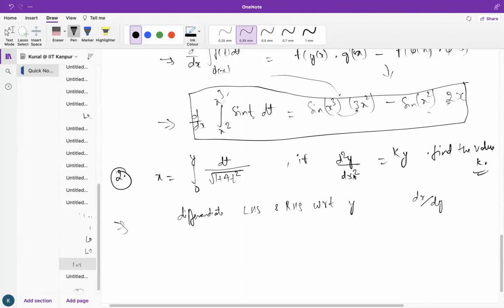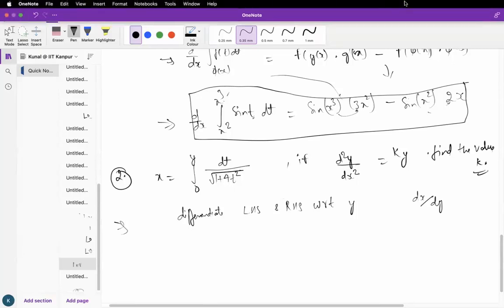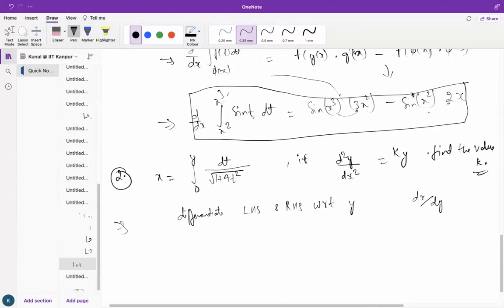Although we have to calculate the d square y by dx square, how to do it here? Because y is not independent. y is an implicit function. It is not explicitly connected with x. We can connect it in a few more steps by doing some calculation, but right now it is not directly connected to x. So what I'm doing here is,